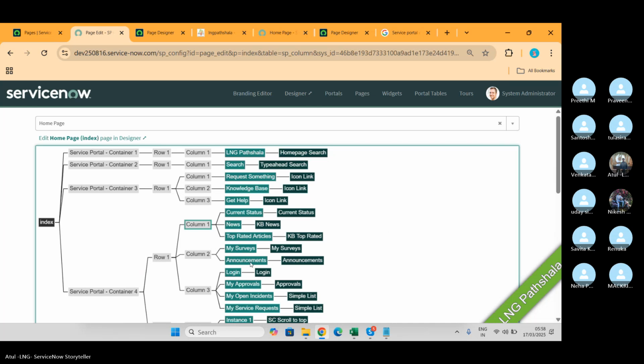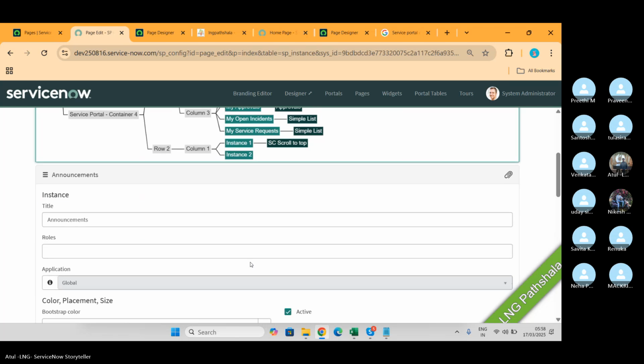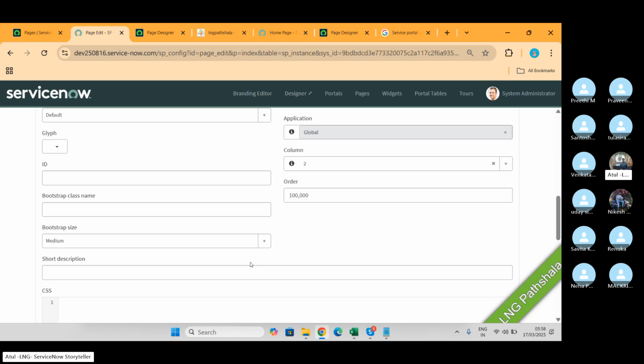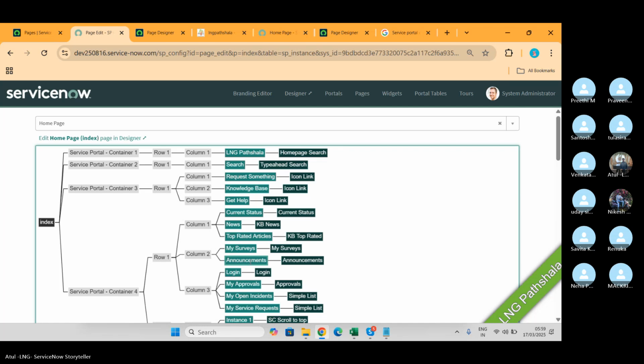Announcement. This is a widget, and now if you want to make a change, you can change here as well. That's totally fine. So being a beginner, we use this option that I want to see how my page has been structured.